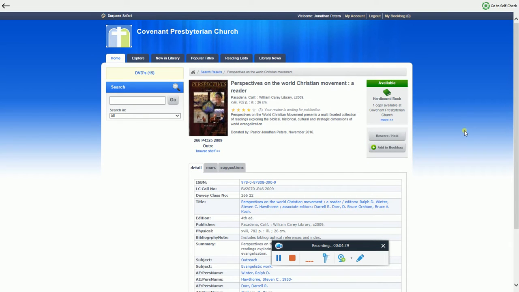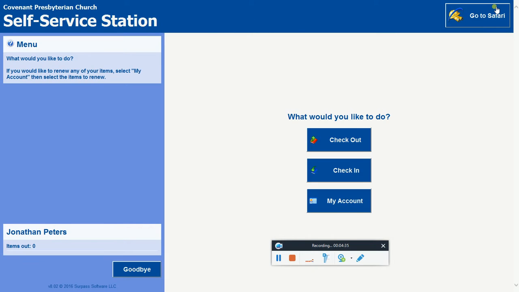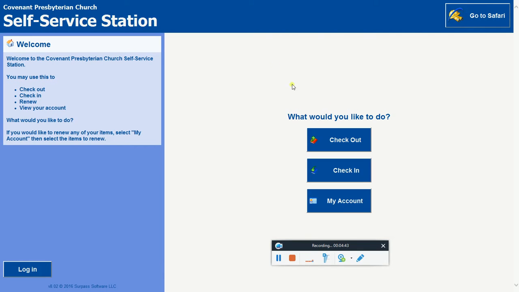Okay, so let's go to the self-checkout here. You just click this button in the upper right to toggle back to the self-checkout area. Okay, now it looks like John is logged in because he signed in to do a review. So let me hit goodbye here to log him out so I can show you the full process. But let's say we want to check out that book that we were looking at, which was Let the Nations Be Glad. So assuming now you found it on the shelf by the call number and you have it in hand,